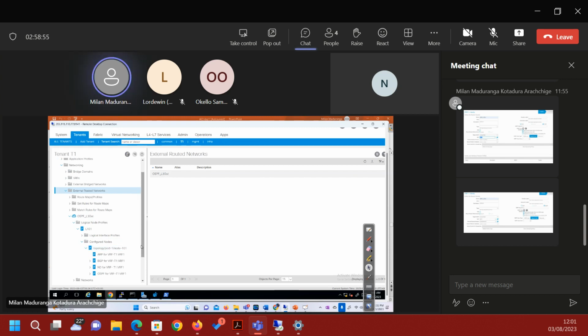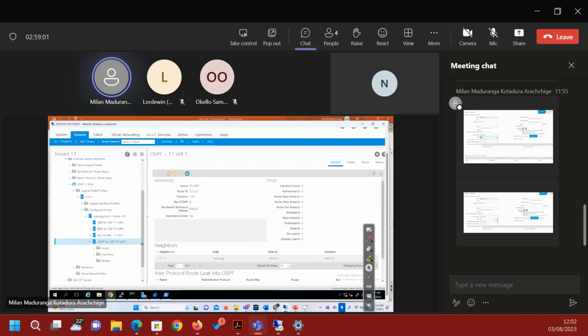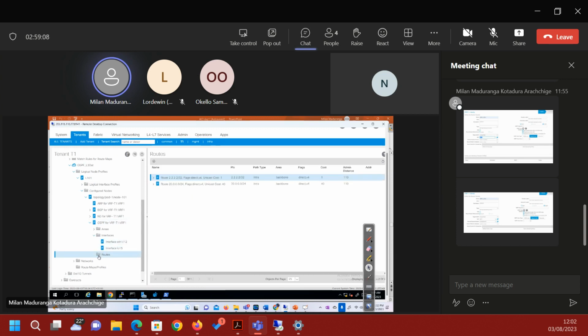Now it is fine, right? See, when you go to the OSPF, it's showing the OSPF status now. It's saying OSPF enabled with these two interfaces, right? Interface 12. Then when you go to the routing, it says currently I have the 20.0.0.0 network and the 2.2.2.2 network,